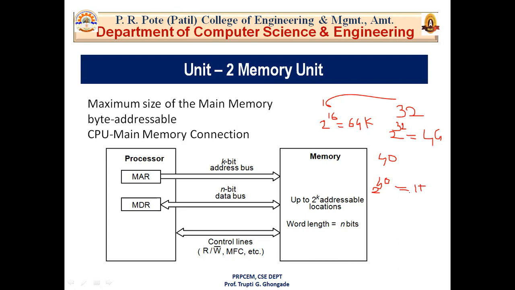If your system is 16-bit, that means 16-bit addresses are there, as we have seen in word addressability. If your system is 32-bit, so the length of your word is 32-bit, and 2 to the power 32 memory locations are accessible. That means 4 giga. If it is 40-bit, then 2 to the power 40. If it is 16-bit, then 2 to the power 16. So likewise, the number of memory locations represents the size of the address space of the computer.